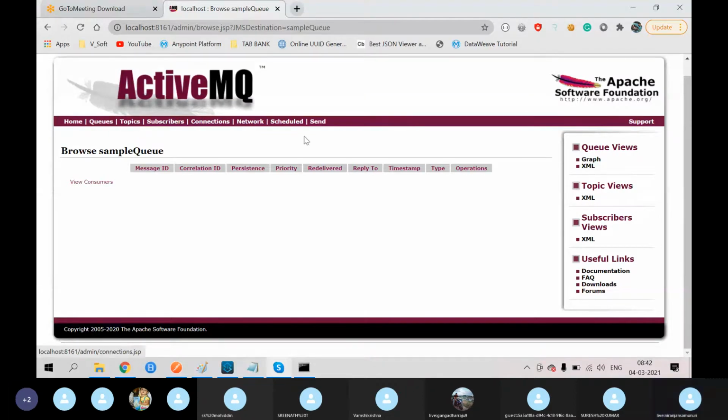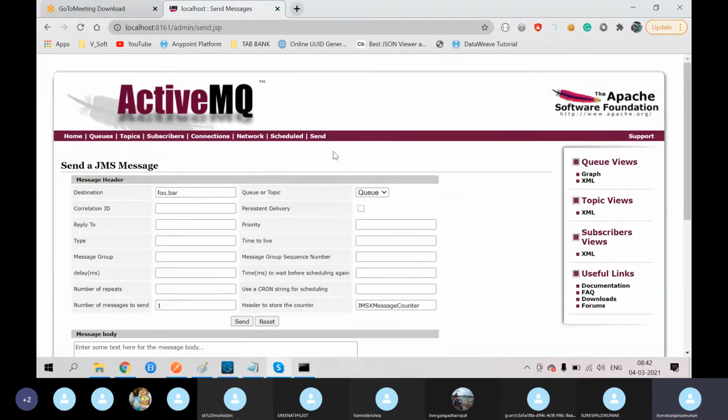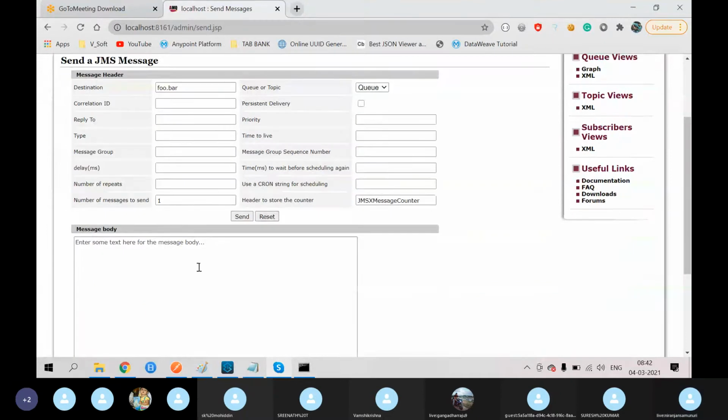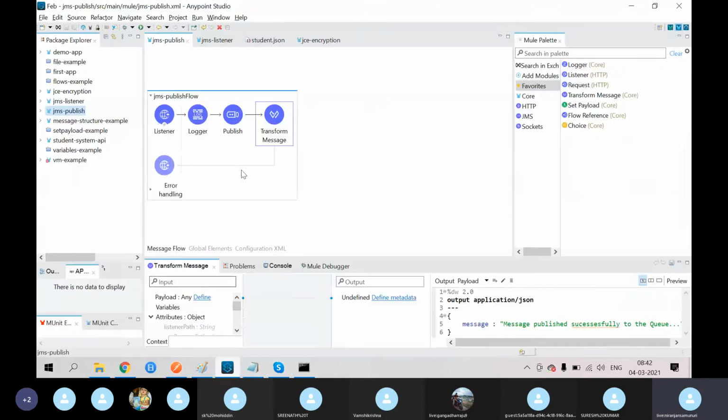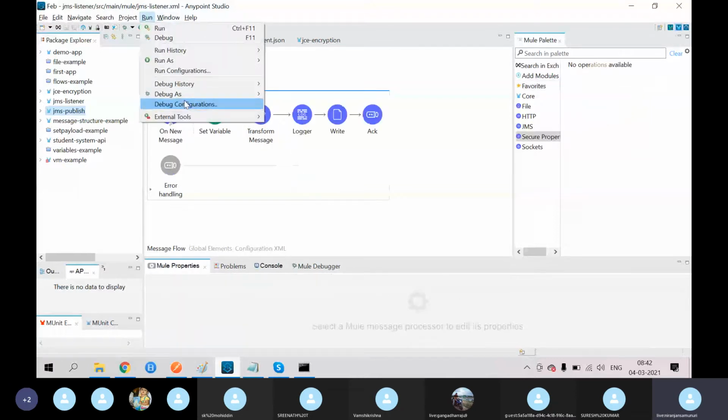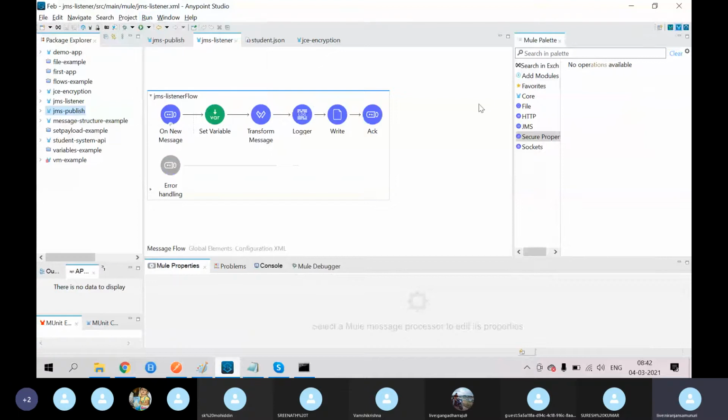Here you can see the send option. If you click on the send option, you can type some message. But first of all, before that, I'll run these two applications, the publish and listener applications, and I'll explain everything. I'll run in debug mode, then you will understand easily.